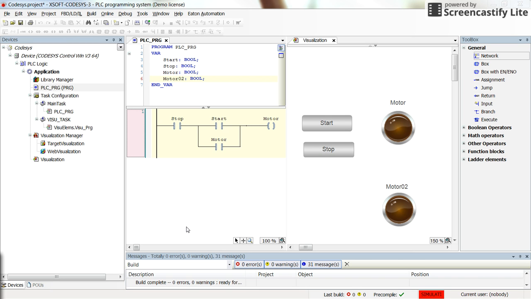Hello again. So by referring to the previous video, I'm going to explain to you the set and reset, or latch and unlatch, instructions that we have in the programming of the PLCs. So here in the first part of the program, we have the self-holding or sealing circuit for controlling the motor